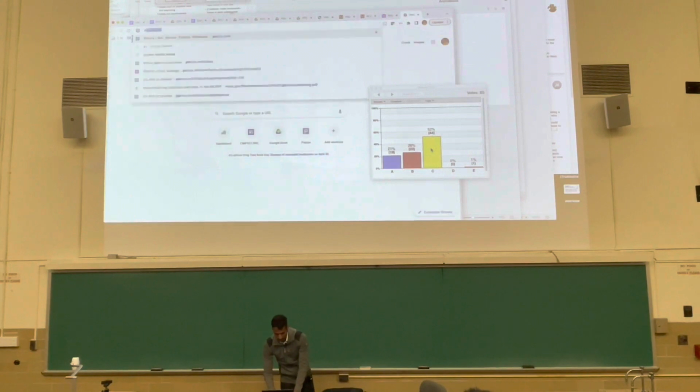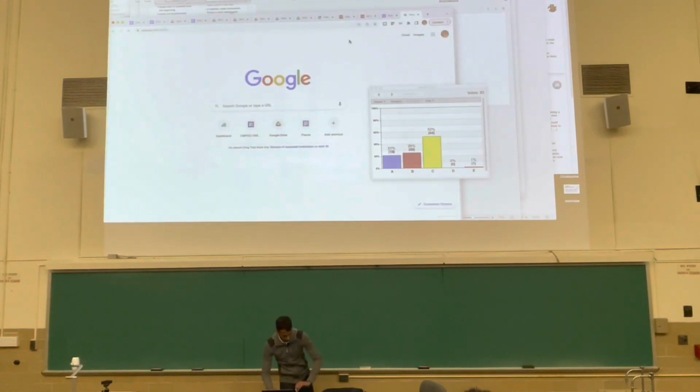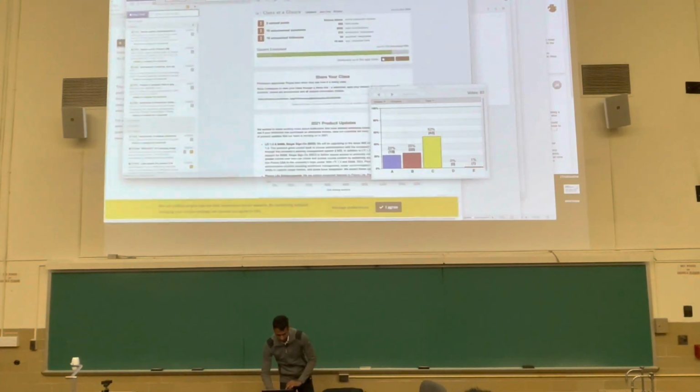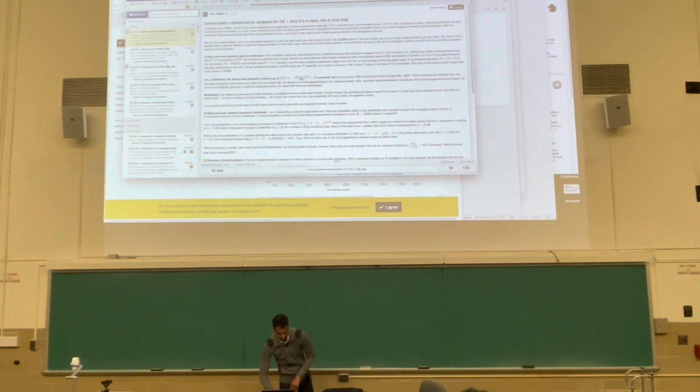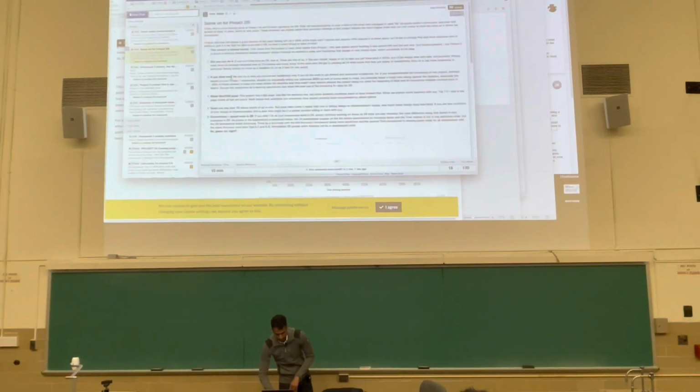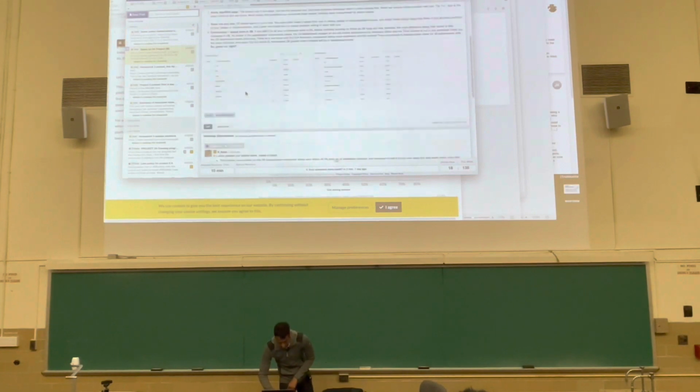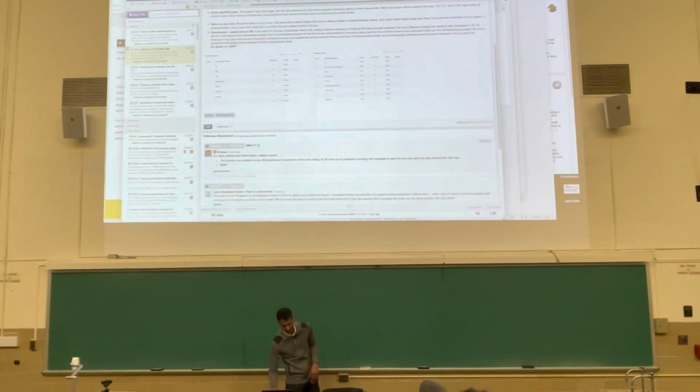I'm never sure how many people actually see the Piazza posts that I wrote. I'm going to stop this. But this is a fairly long note that would be very, very useful conceptually for you. And here is a note that tells you how the leaderboard presentation will be. I don't think you can read it here. So see it clearly enough.